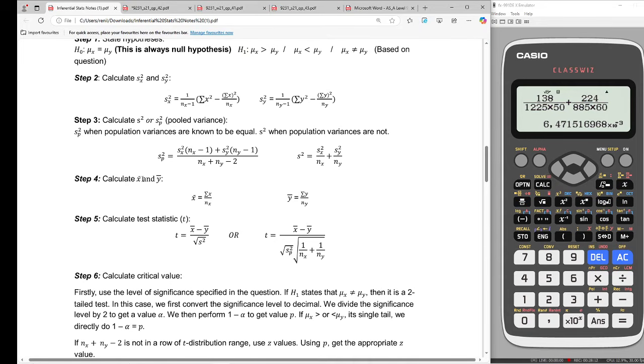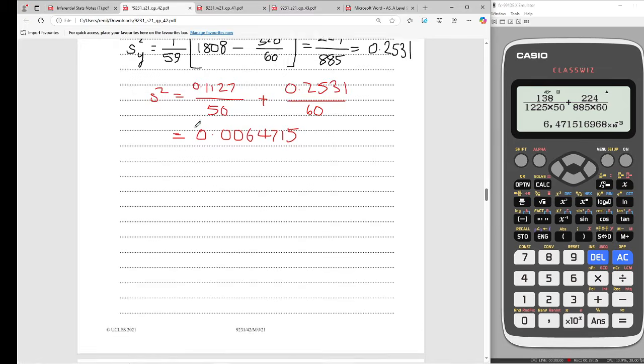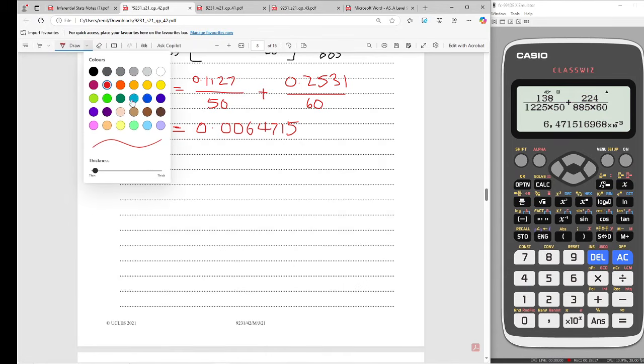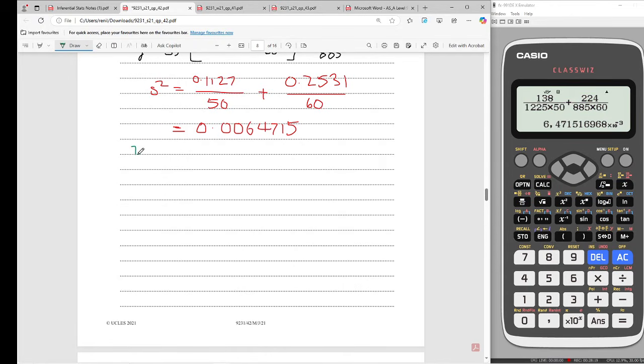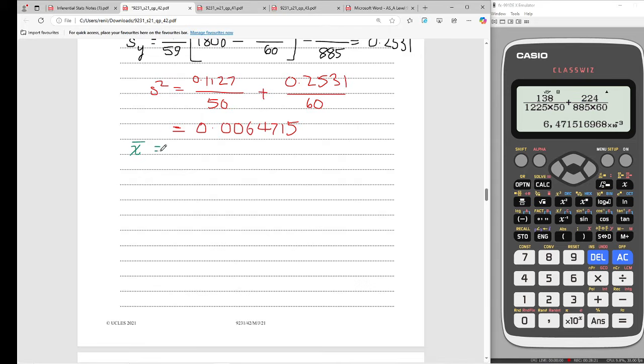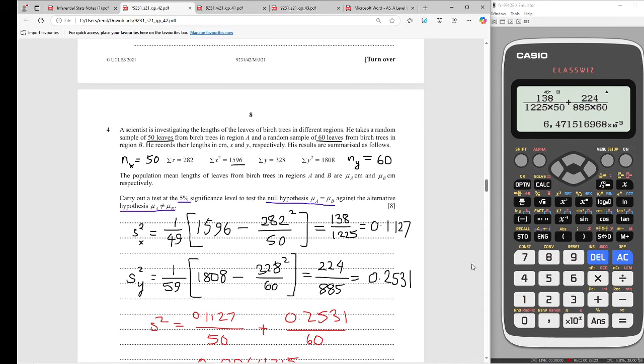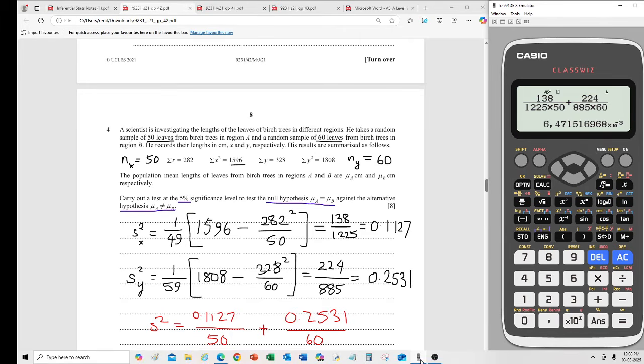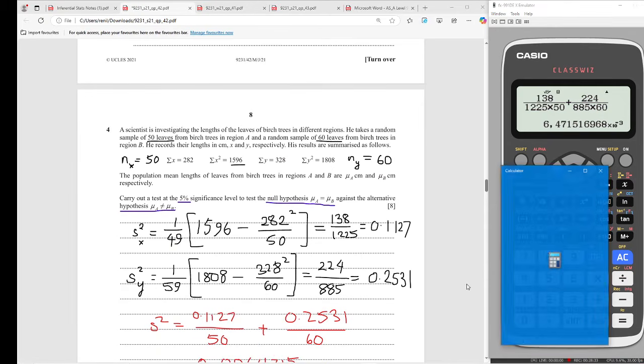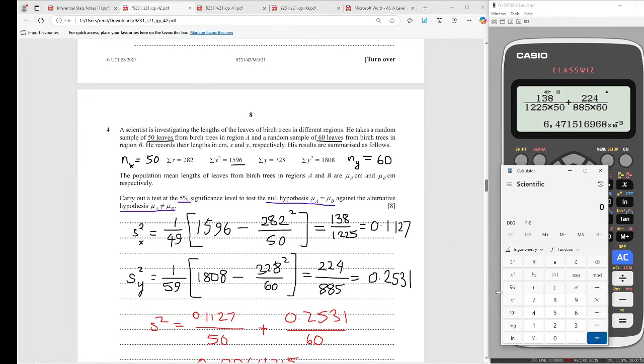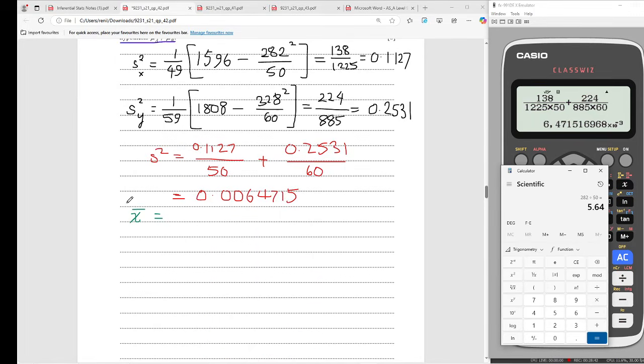Next we need to calculate mean x and mean y. So what is mean x? Let's just state that here. We need this exact value, so I'm going to use this calculator here. So 282 divided by the number of terms of x, which is 50, which is 5.64,